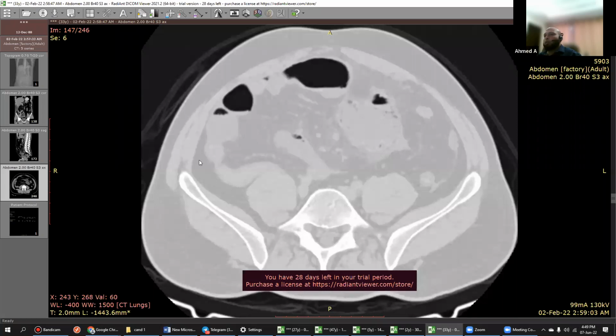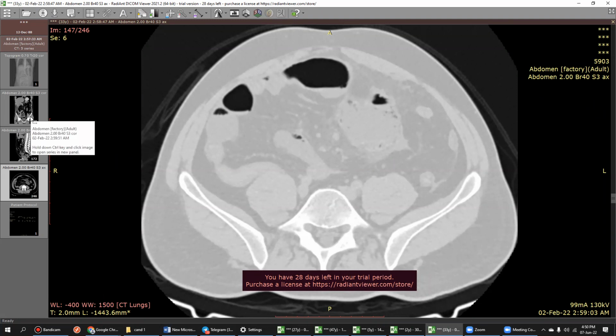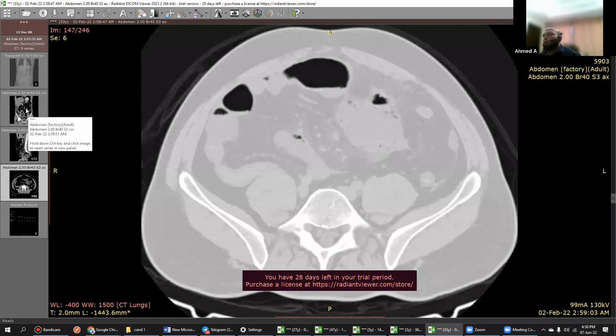So you told it's a sigmoid. Anyways, in an exam, if you don't know this, what we do in our routine practice is we reformat the images and see. In the exam also you can say that I would like to have a look at reformat images. Please ask for it because that will help you in localizing the bowel. In abdomen, you can anytime ask for it. If the examiner thinks it's not important, he will himself tell you it's okay, no problem. But in this case, it will help you. Okay, take the reformat of coronal.